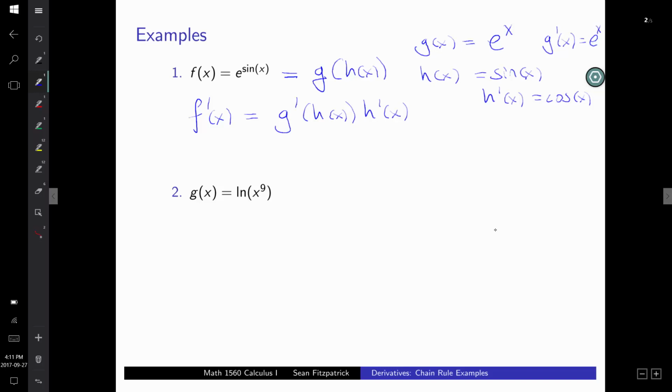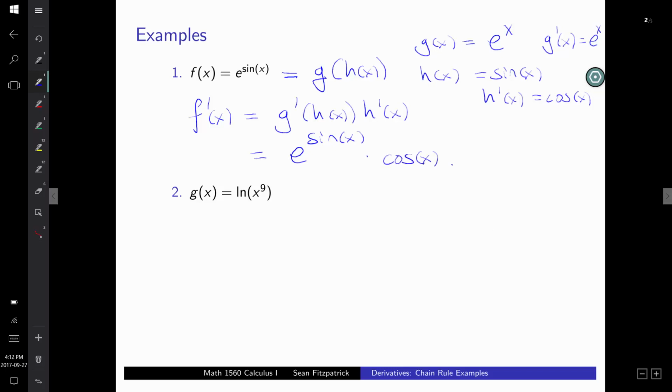So we can actually plug things in here. So g prime is e to the x, but I have to evaluate at h, right? So I have to take h of x, which is sine x, and plug it into e to the x. So that gives me e to the sine x, and then I multiply by h prime,